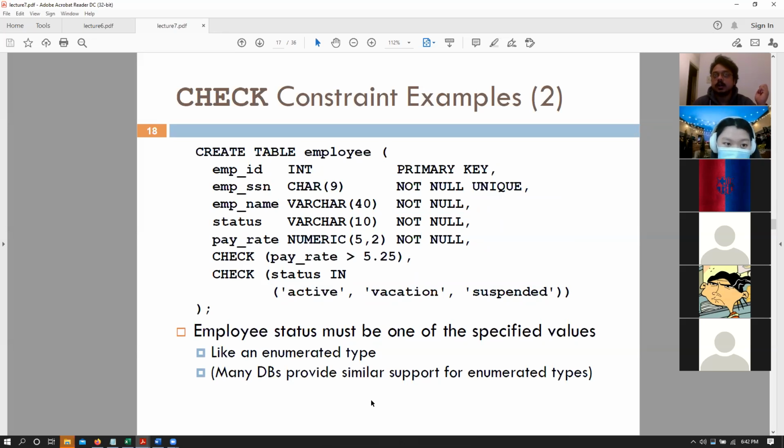Otherwise, a person or a layman would be able to add a branch where that branch does not even exist, right? So we want to be able to enforce that constraint as well. Any questions? Okie dokie.